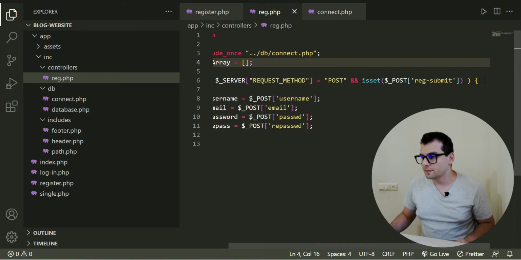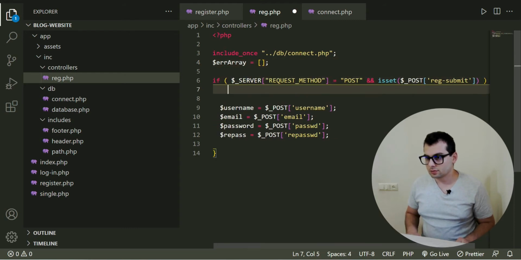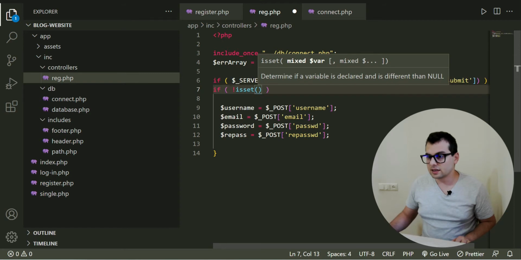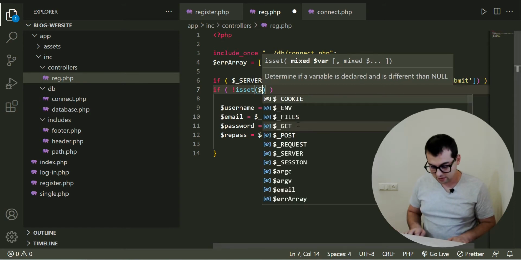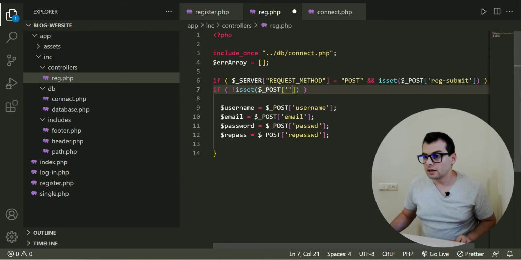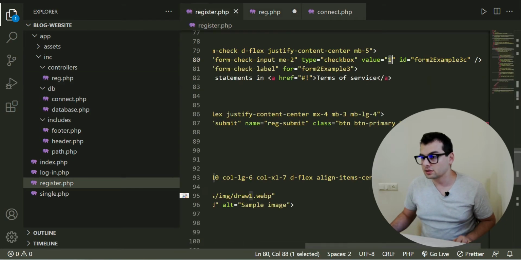So here's how it's gonna work. First of all, let's start with if conditions. If not isset, and inside isset, again we are gonna get access to the superglobal post, and the name of the checkbox is gonna be